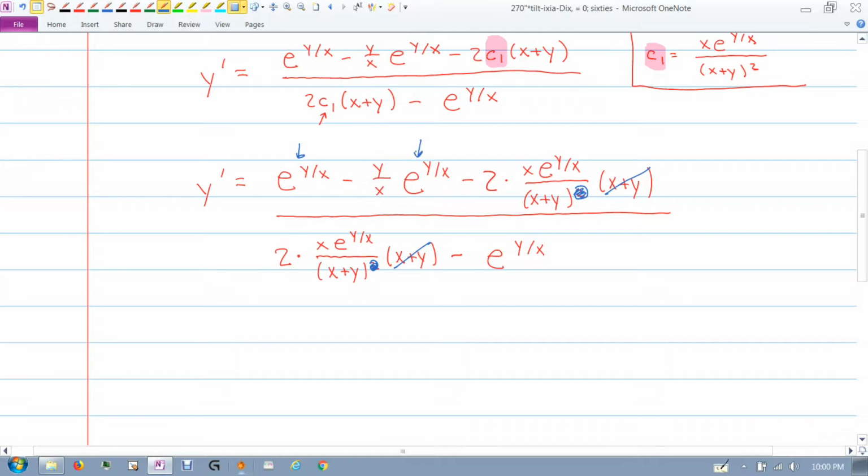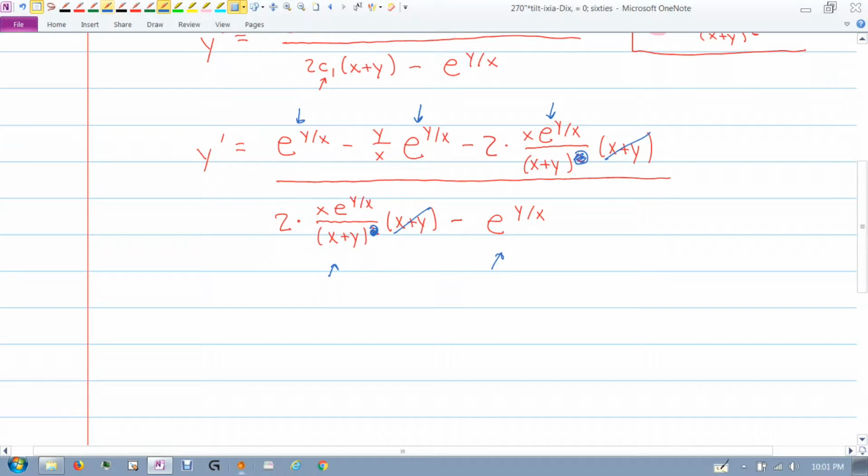every single term, has an e to the y over x in them. So what that means is I could factor an e to the y over x out of the top, I could factor an e to the y over x out of the bottom, and they would cancel out. So I'm really just going to eliminate the e to the y over x from all terms, which leaves me with the 1. That's this one right here, that's a 1 because I factored it out, minus y over x,